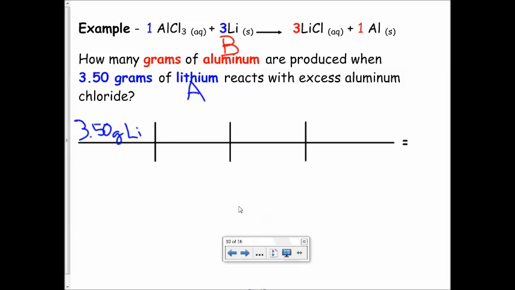Well, what's our molar mass found on the periodic table? 5 grams of lithium on top. Guess what? We need grams of lithium on bottom. How about our 5 grams of lithium? We look at the periodic table, and the periodic table tells us that the molar mass of lithium is 6.94